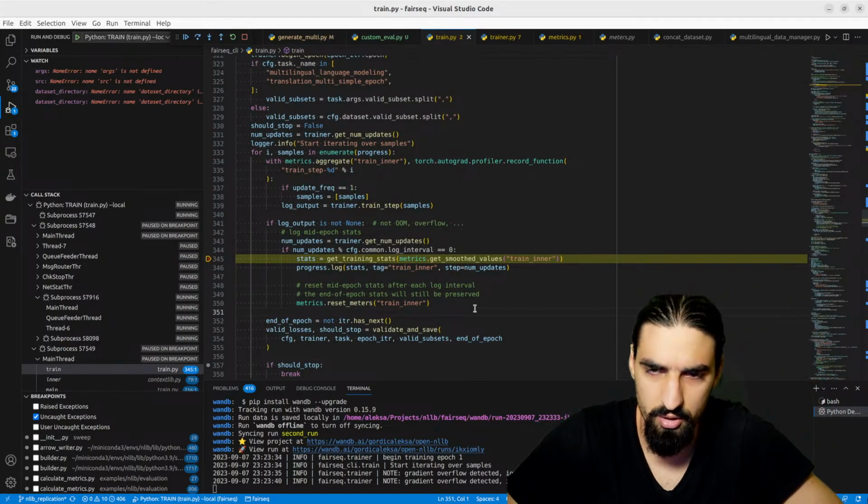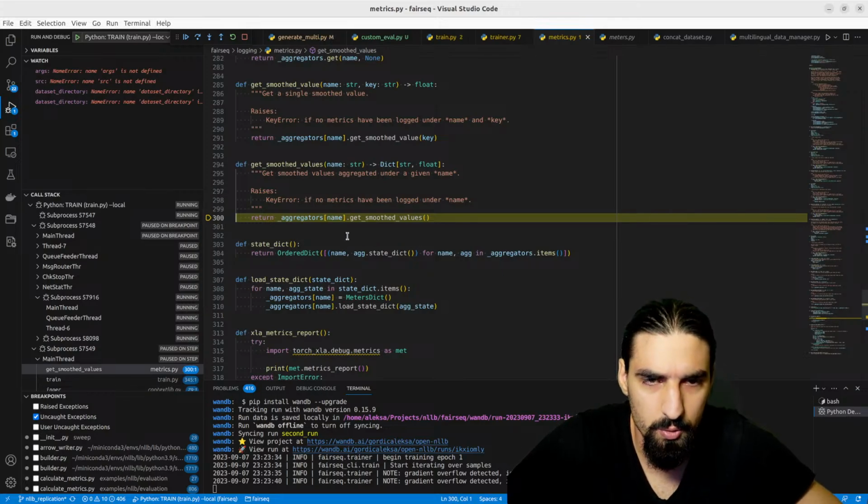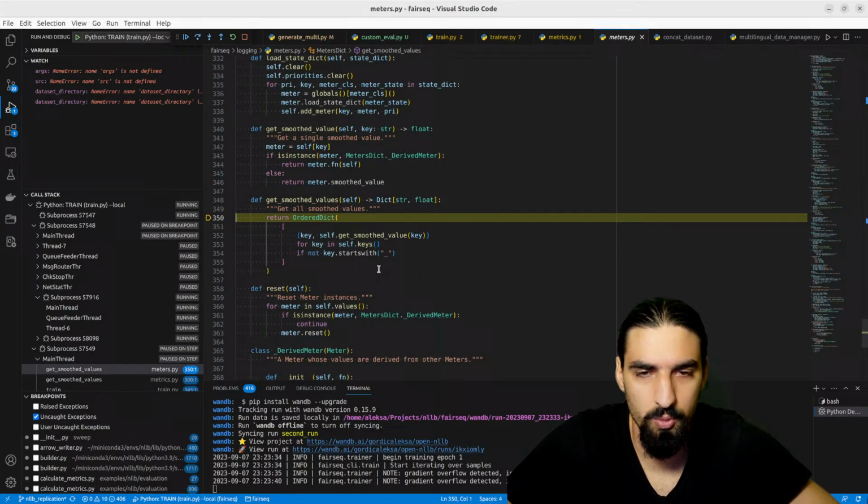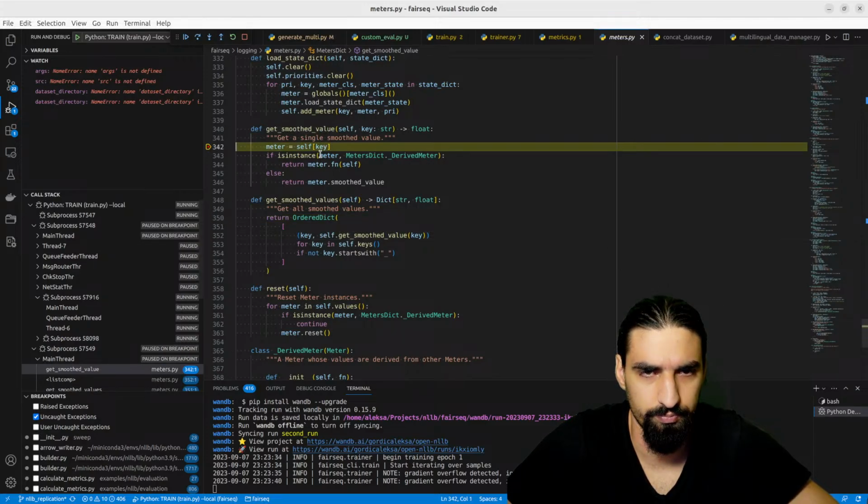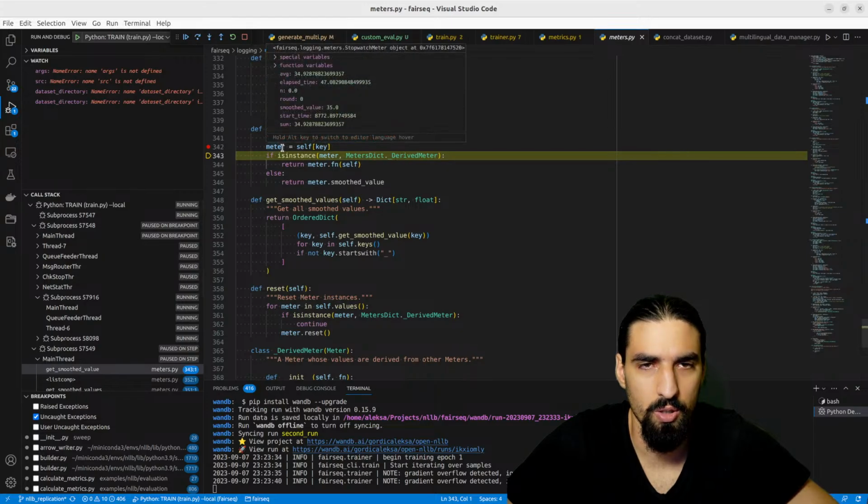Okay, let's enter here, get the smoothed values, get the smoothed values for the keys. Loss, NLL loss, PPL, WPS, UPS, WPB, batch size, number of updates, learning rate, G-norm, loss scale, train wall. Let's go. Train wall is a stopwatch meter, and the average was,